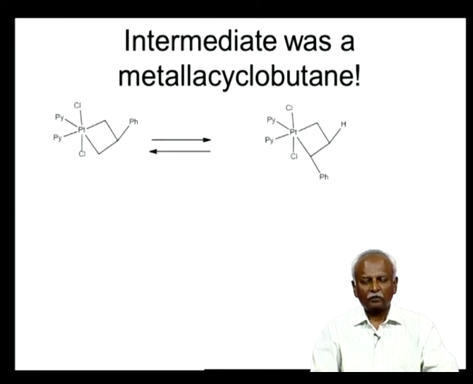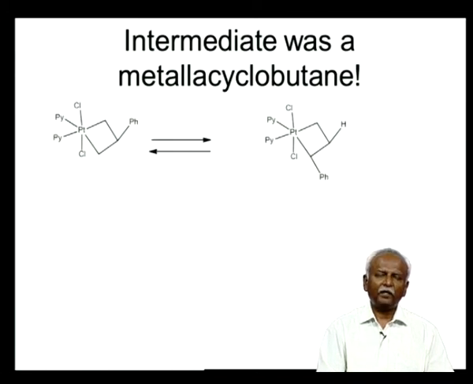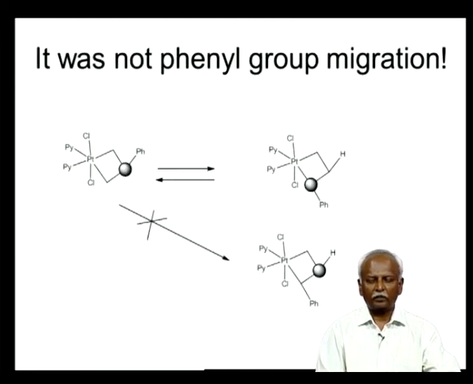Now, this was going through an intermediate. In this particular instance, it was possible to isolate the intermediate, and it was shown that the intermediate that was formed is a metallocyclobutane, and the two species were actually in equilibrium, and you can see that pictured on this projection here. You have both the compound where you have the phenyl group up and down, and both compounds are in equilibrium. By labeling studies,